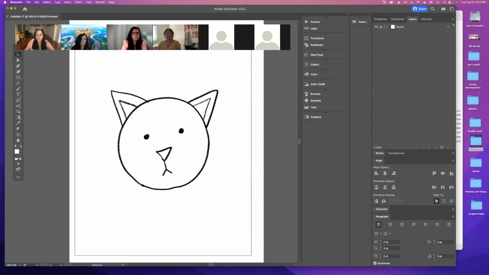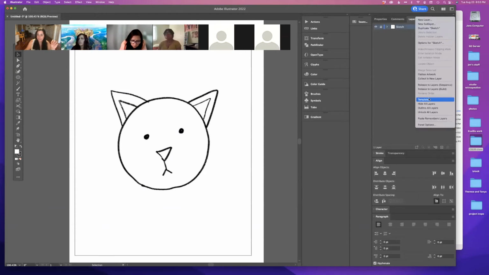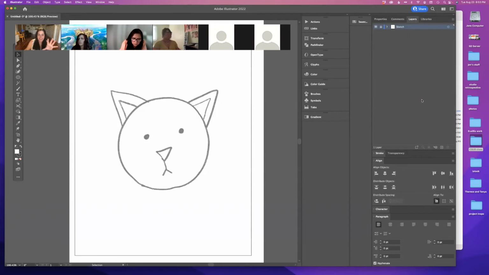You can set a template layer and it'll automatically fade your sketch. I believe that is here. If I hit template, see how it lightens my sketch a little bit, and it's showing me that this is now a template layer.